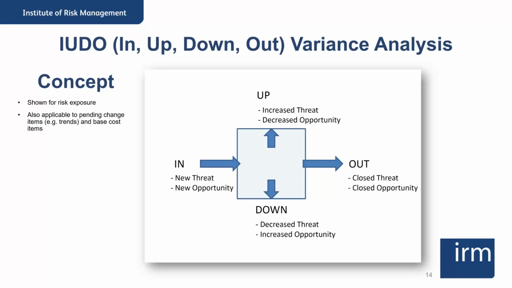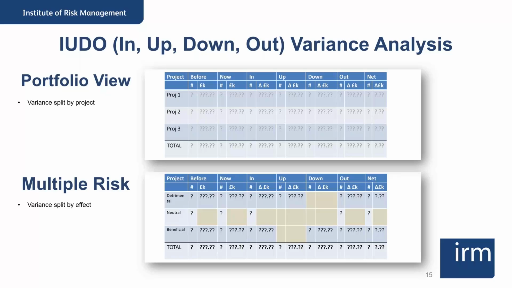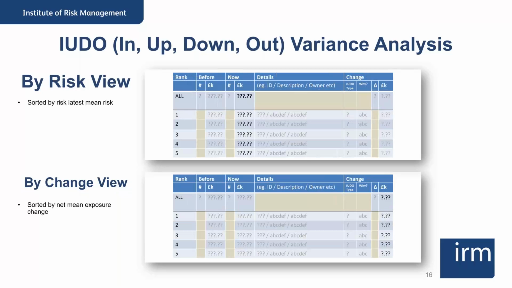Other tools in terms of looking at variances is understanding how things change, the fact that we're looking at individual risks and how they might change over a period of time. You can look at your register and quite quickly say what's come in, what's gone out, what's gone up and what's gone down. I often refer to it as a UDO variance analysis: those in, up, down and outs. You can summarize that, and that summary is a very powerful tool for demonstrating to stakeholders what's changed in what direction. They may only see a net change, but what's changed where and by how much. And you can then itemize those changes.